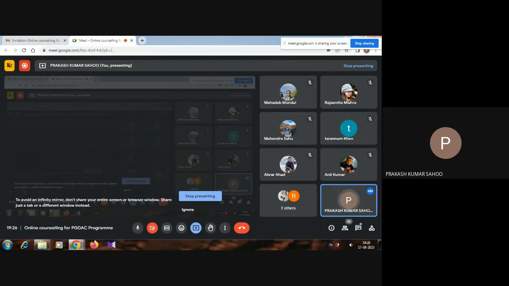Okay. So Dr. Mona Lisa Mahapatra, I think, took the MCH-3 paper, and Dr. Rajesh took the first paper, MCH-1, that is the spectroscopic part, and I have taken the second paper, that is the separation method. And today we had the first part of your electroanalytical method. So if no questions are there,